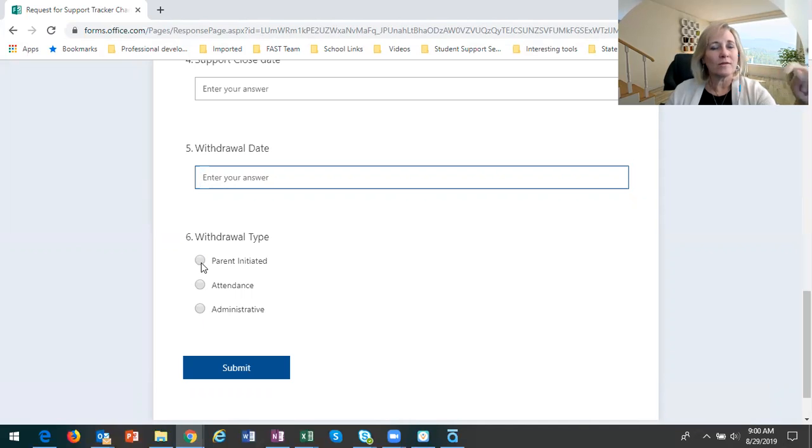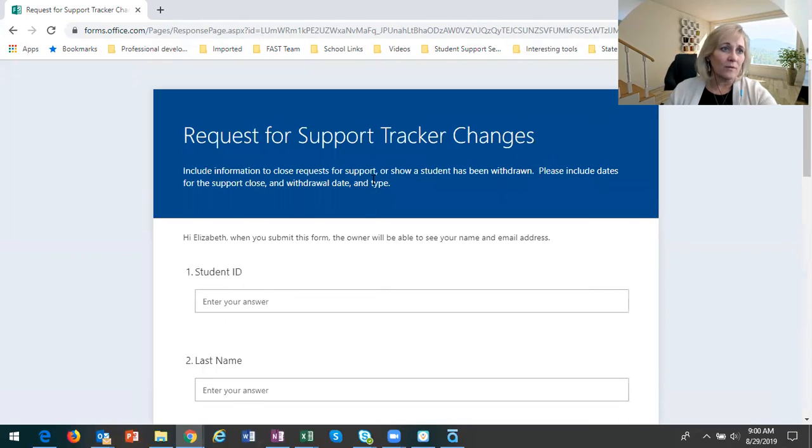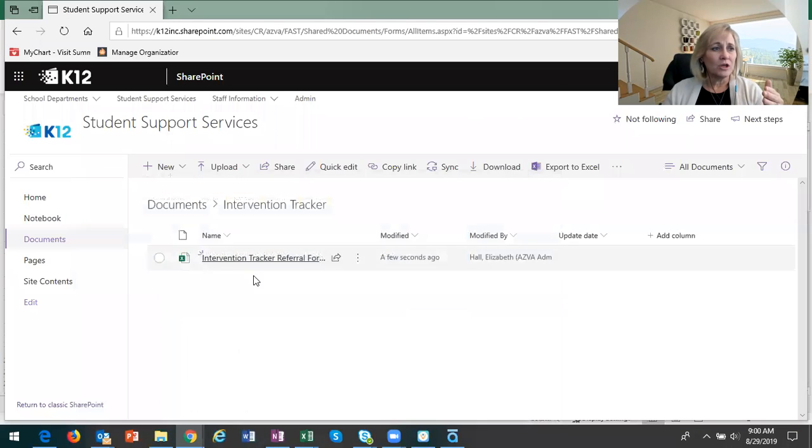Parent-initiated withdrawal would be the one that you guys most likely will be utilizing. You could also have an attendance withdrawal if you know the student's being withdrawn for truancy. So if you can complete that form, I'll look at these results every morning as well as the referrals. I'm going to add and marry those two together, and then in our SharePoint area, you will be able